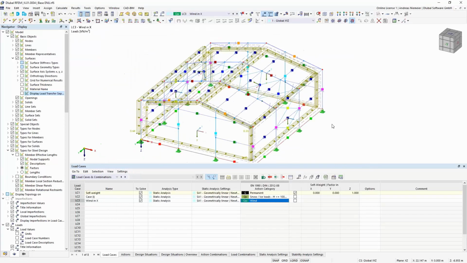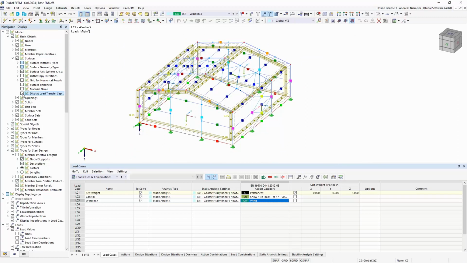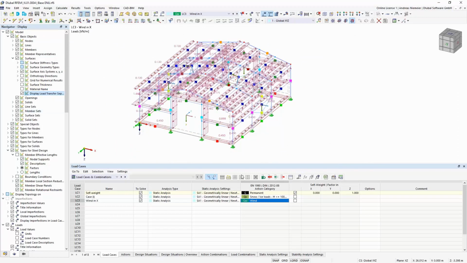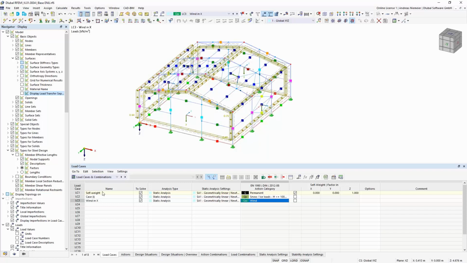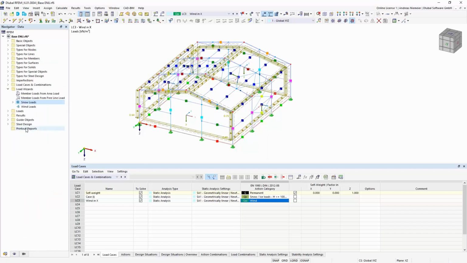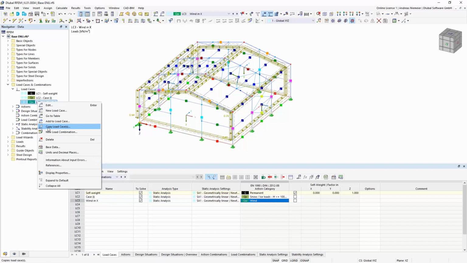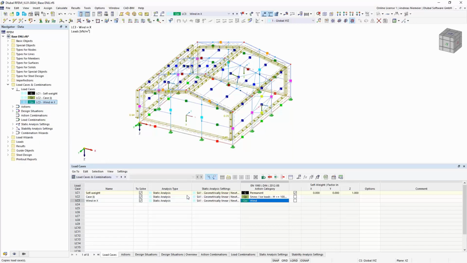And without big effort, the program creates from this easy setting all member loads on the structure that are needed. So this wind load case is almost similar to the wind in Y direction. Therefore I copy it. I go to load cases, copy this load case, copy load case into wind in Y direction.